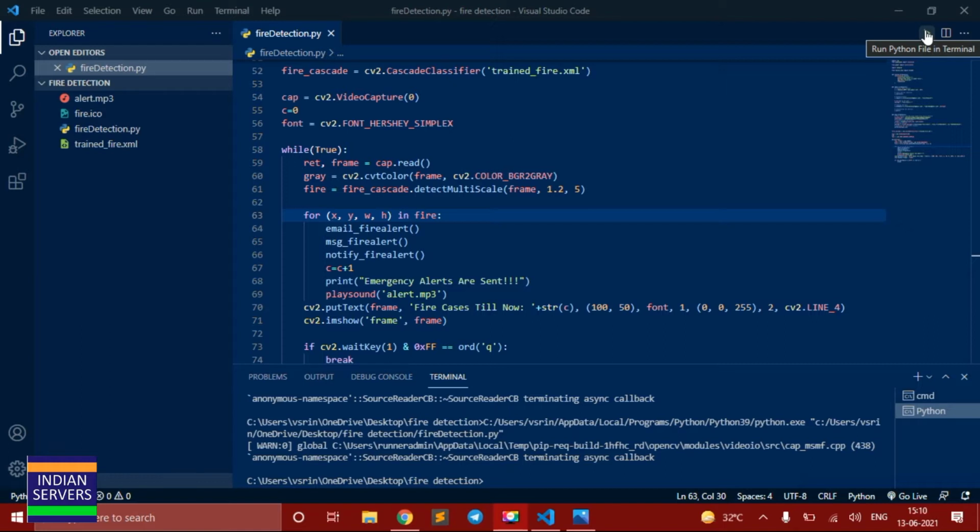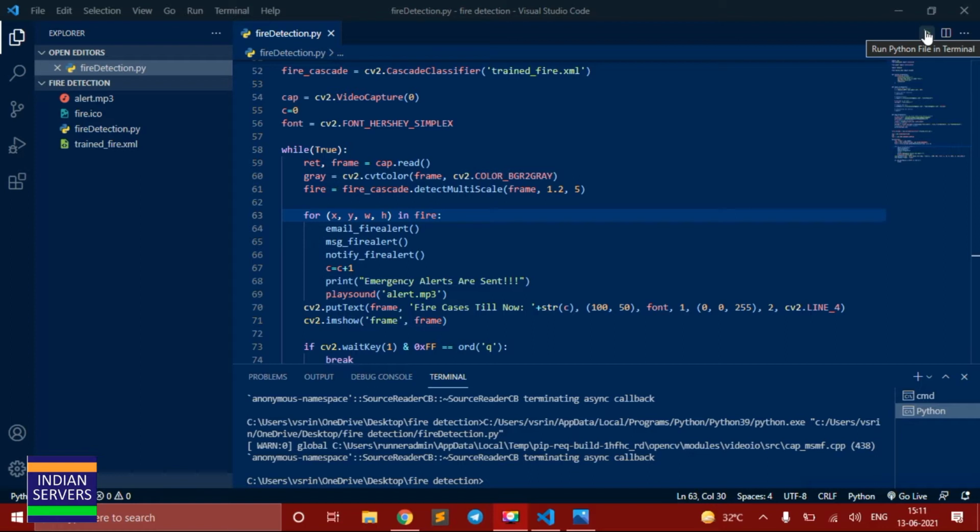The second point is the notification must go to the current system, meaning the system which is maintaining the area. Next, the email must go to the respective nearby fire departments and rescue teams. In some places the mail doesn't work immediately, so I have sent direct messages to the phone numbers of the respective fire departments and rescue teams.